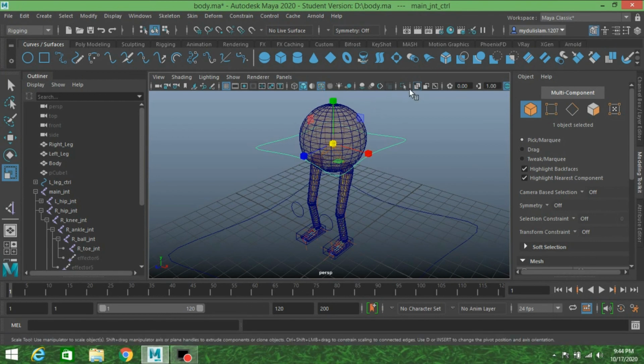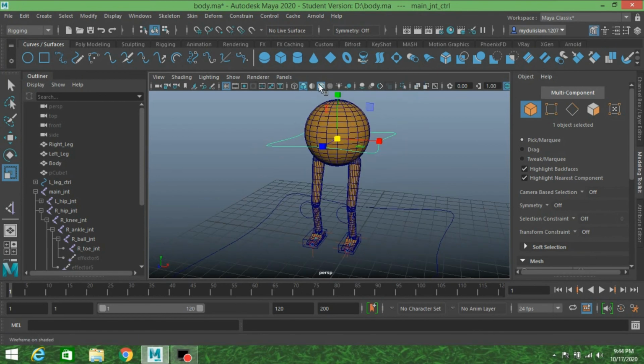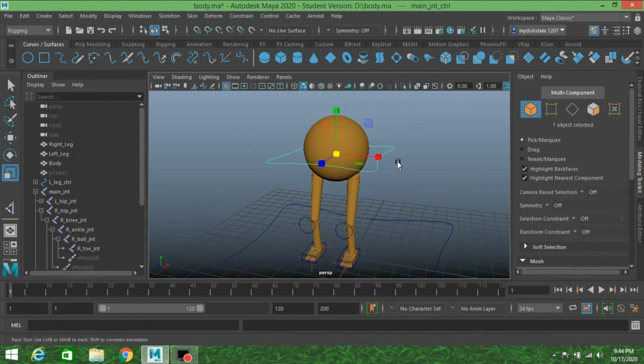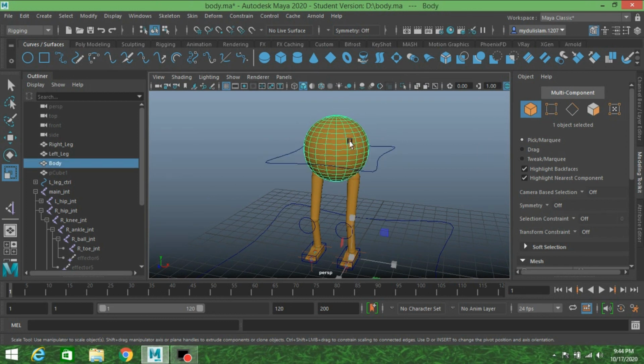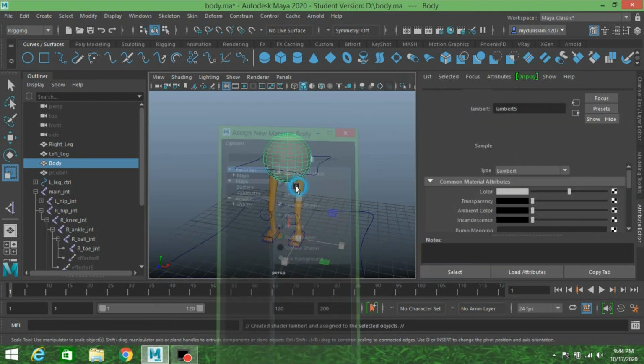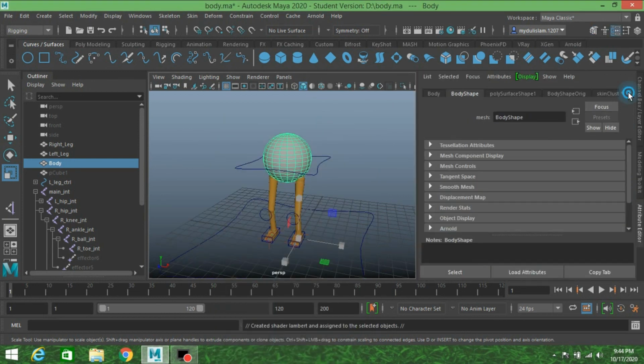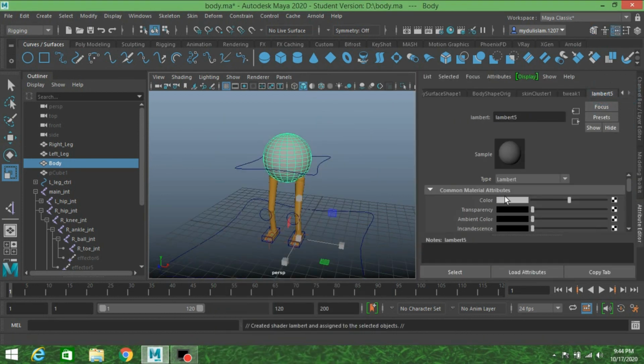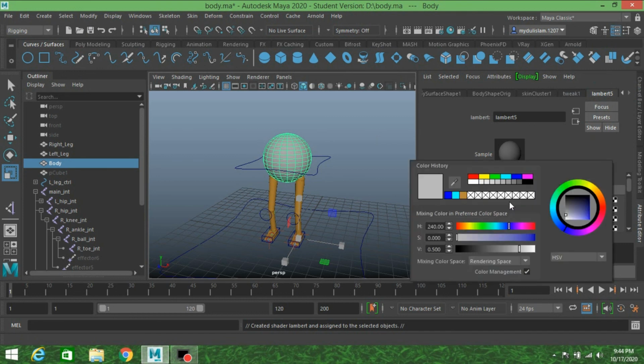Now turn off the wireframe on shaded mode. Select this, right click, assign new material, select Lambert, change the Lambert color to blue color.